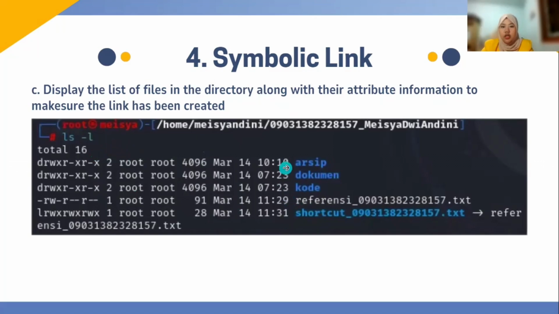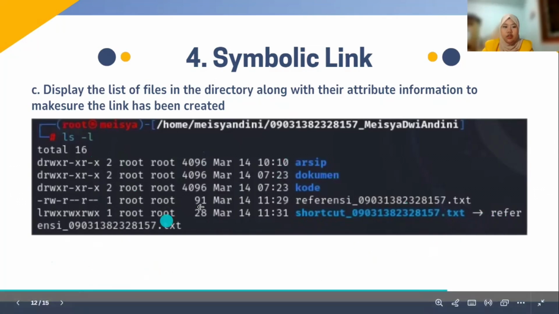And here, there is the subdirectory rsip document code and the file referensi_name.txt, and the shortcut has been linked to referensi_name.txt.